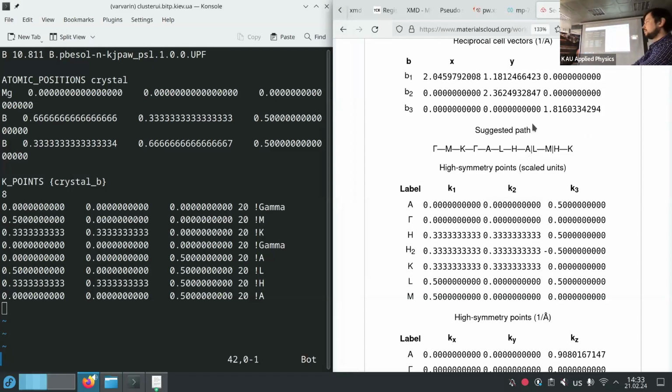Sometimes we need another path if we want to specify something. For example, we have some ARPES measurements, and we want to see a different part of the Brillouin zone. That's why we should choose our own path. It's not the optimal path in all situations. For this situation it's okay because it's rather standard for hexagonal.